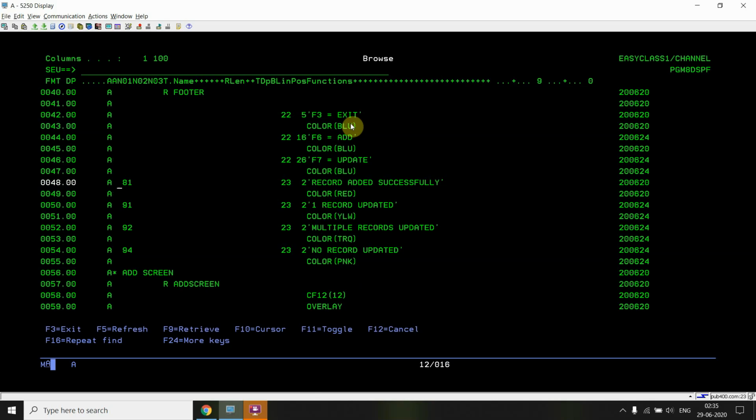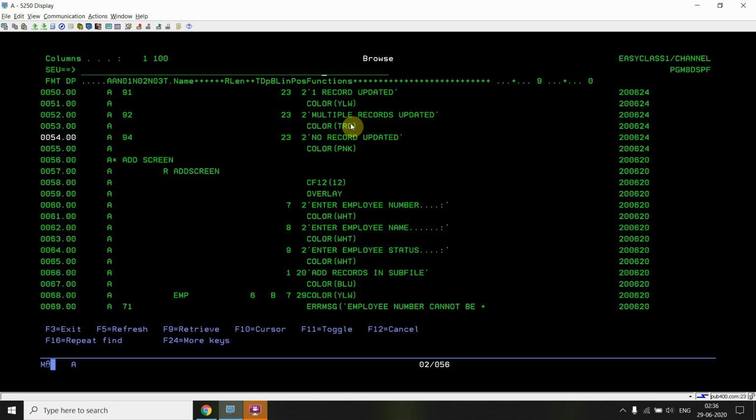Once the record gets added, indicator 81 gets on; record updated, 91 gets on; and multiple records updated, 92 gets on. So in case 92 is on, we will be seeing this message, or in case 91 is on, we will be seeing this message. No records updated, in that case 94 gets on. Okay, so based on the indicators, the message will be displayed.